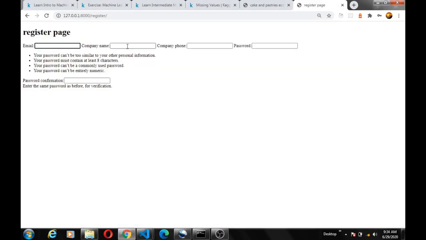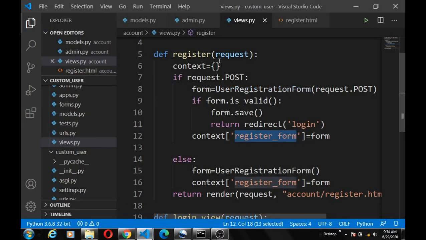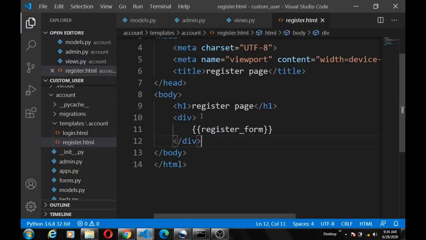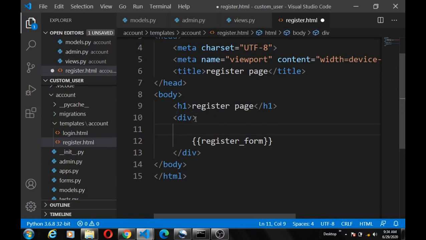Alright, so you can see the fields are on our page. You can see the email field, the company name, and the password and confirm password. Okay, it's uploading well. So let's put this in a form now. As we're creating a form,